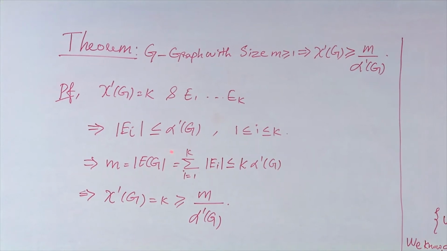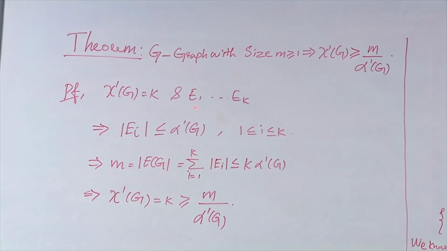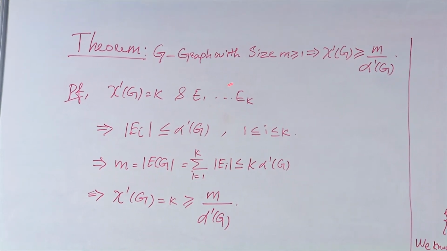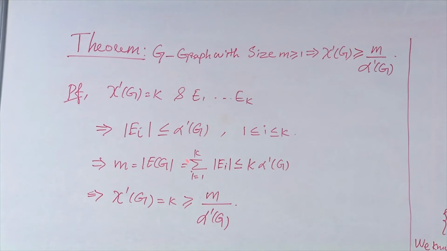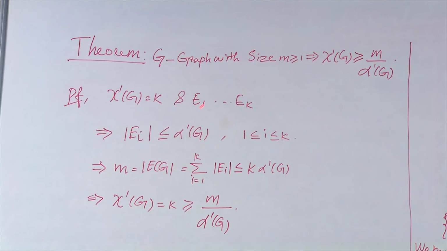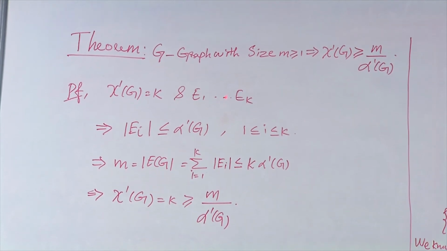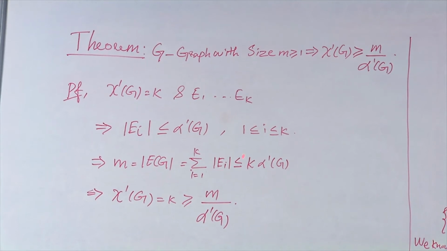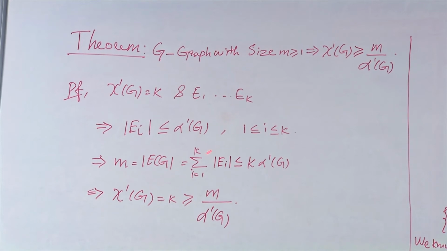That is the same as, here the edge set we have partitioned into color classes E1, E2, etc., Ek, and Ei intersection Ej is going to be the empty set. Therefore, the total cardinality of the edges is the same as the sum of the cardinalities of all the k sets, summation i varies from 1 to k of cardinality of Ei. Because the edge set can be partitioned into color classes, I can write the cardinality of the entire edge set as the sum of the cardinalities of each color class.